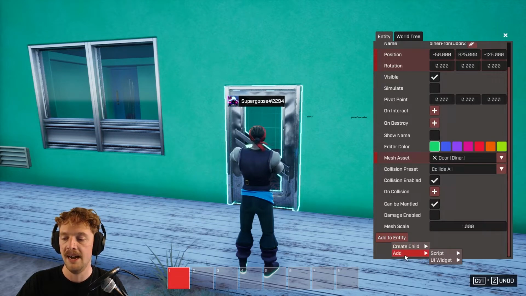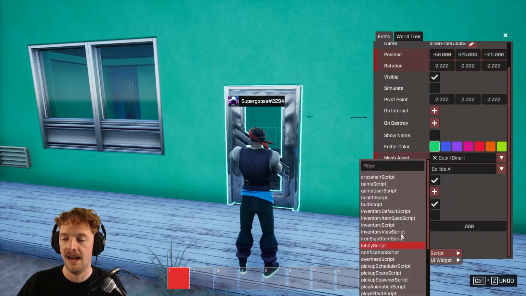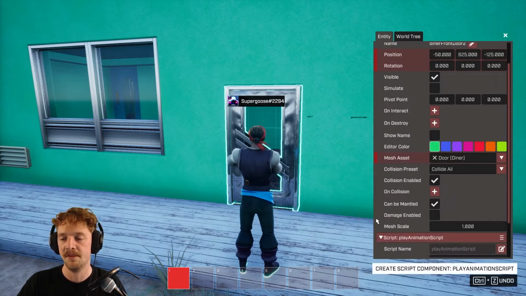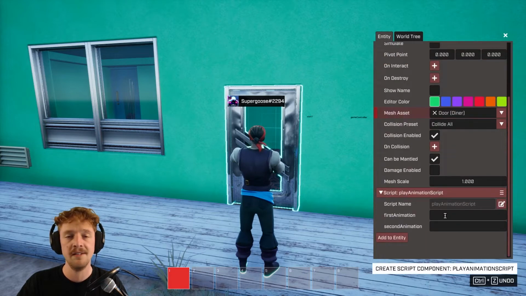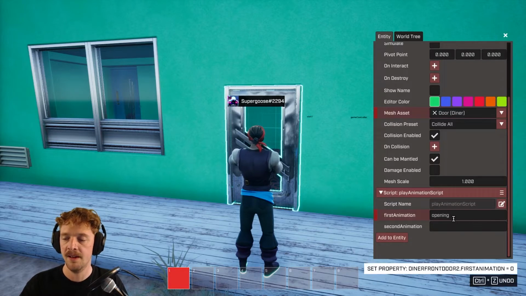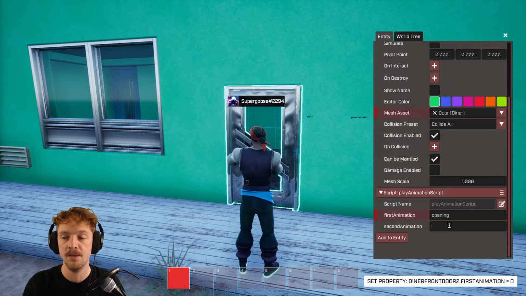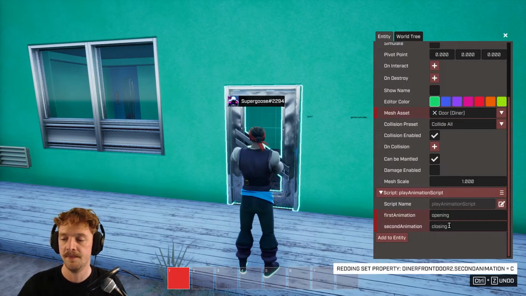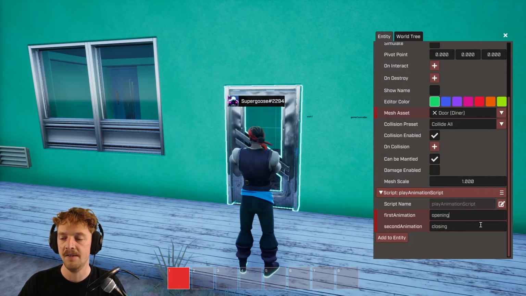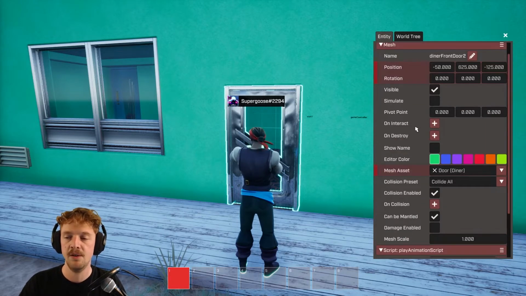I'm going to add a script, and the script that I'm looking for is the playAnimationScript. The first animation for a door is the opening animation, and the second animation for a door is the closing animation. Once I've added these two words into first and second animation respectively, I also need to hook up the